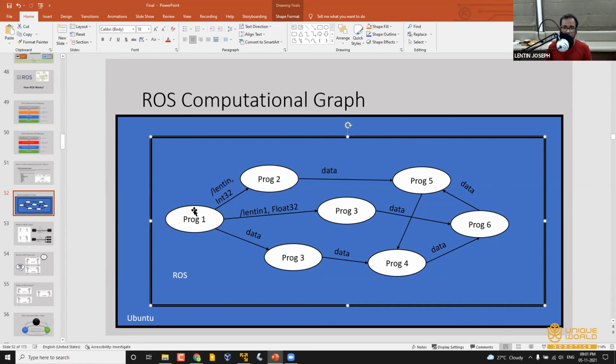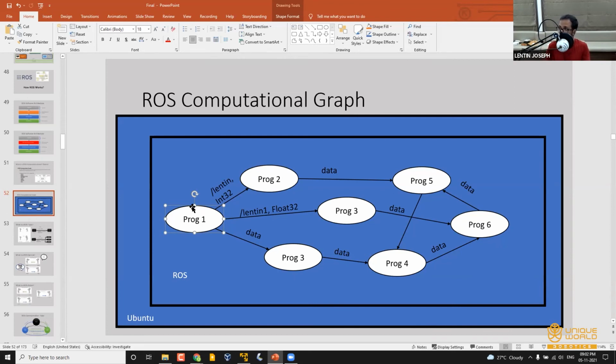For example, program 1 is sending data to program 2, right? So we say program 1 is publishing data, and program 2 is subscribing to the data. In order to send data from program 1 to program 2, there should be a channel, a data bus, in between them.